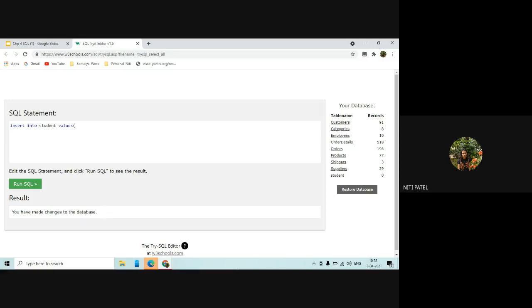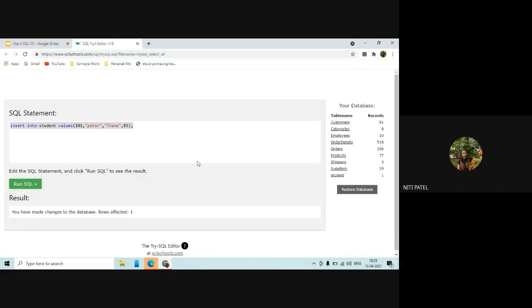ID is integer, yes or no? Yes, ma'am. So will I put quotes? No, ma'am. So let us give the ID 101. Second, what is the name? Second column is name, correct? Let us try with double quotes: name as Peter. Close. What is next? Address. Let us have Thane. Then marks, 85. Will marks be in inverted quotes? No, because it is an integer. Sentence completed, all the values inserted, close the round bracket, end it with a semicolon.